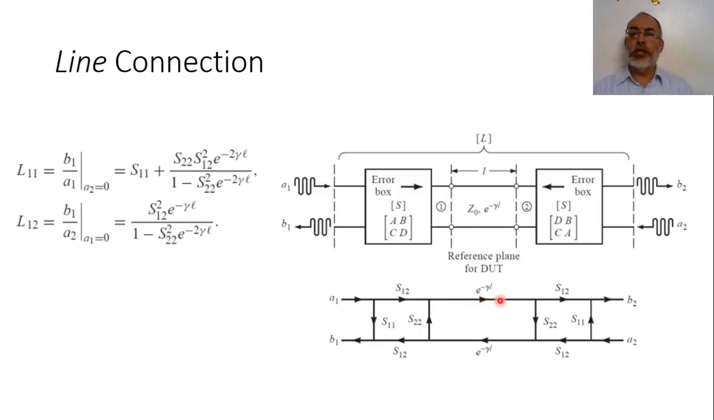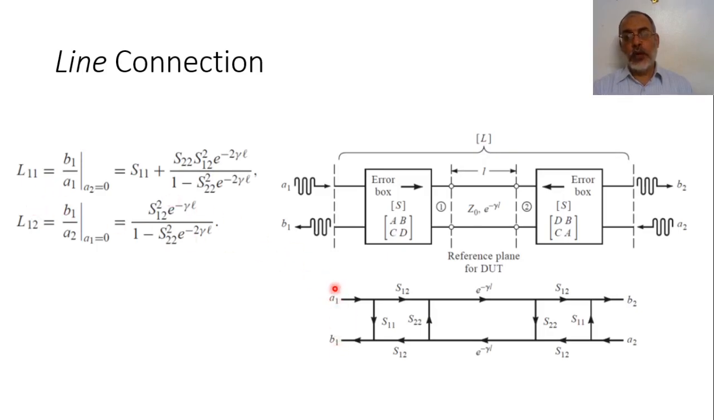Now we are going to measure the reflection and transmission coefficients. Because this is called the line measurement, we call S11 here L11 and S21 or S12 here L12, which correspond to the reflection and transmission of the line. Now, in terms of the signal flow graph,